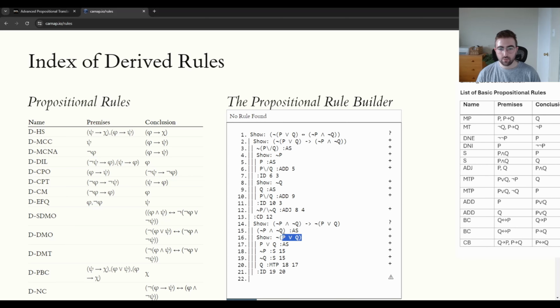And then we've shown not P or Q, which is our conditional derivation. Look, we assumed not P and not Q, and then we got not P or Q. So we've completed the conditional derivation using this, which we now have access to, so line 16. And there you go. Now we have the conditional going both ways, which means we can make the biconditional that